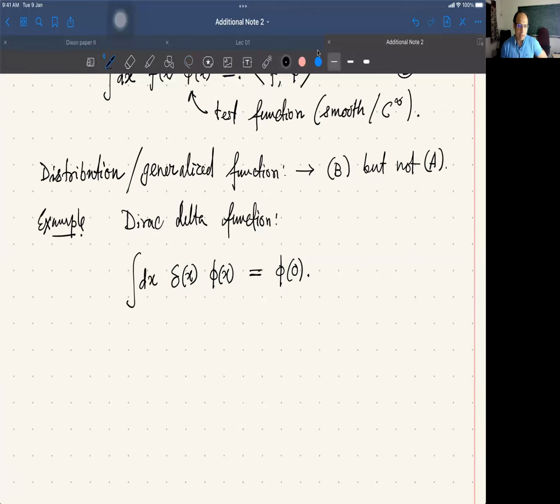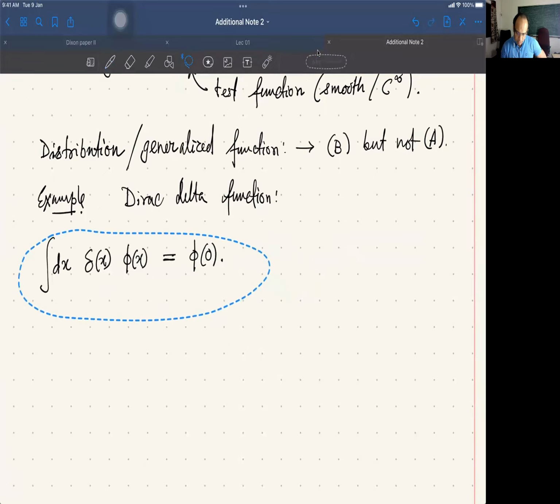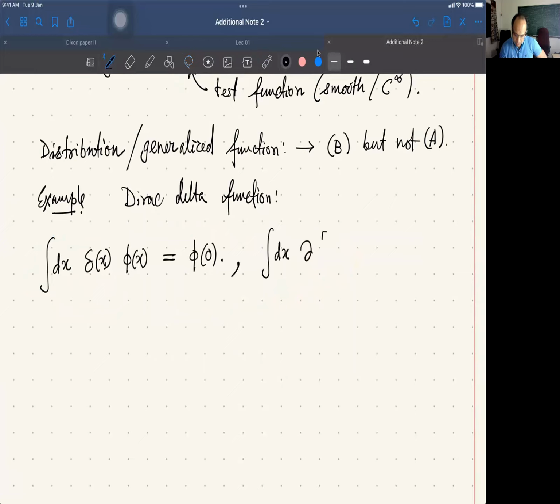And you also have other statements like integral dx derivative of delta(x) times phi(x)